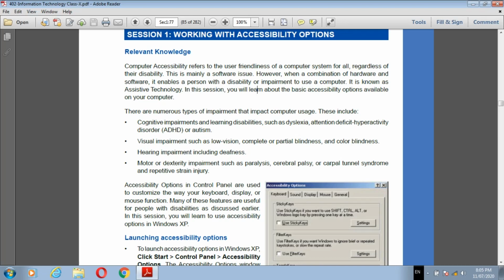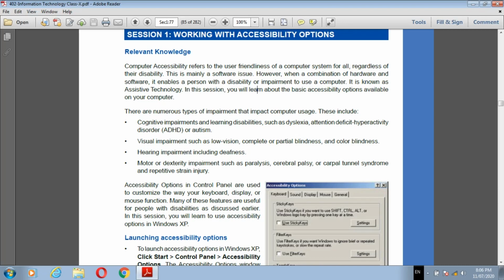Dyslexia means what? A person having difficulty in reading and spelling. Again, a person having attention deficit hyperactivity disorder, that means ADHD.